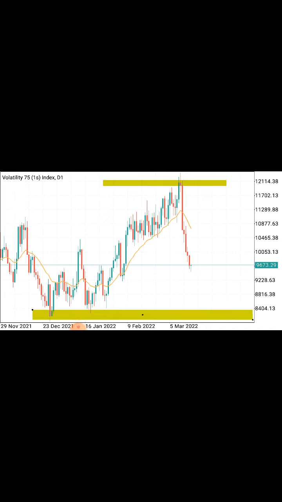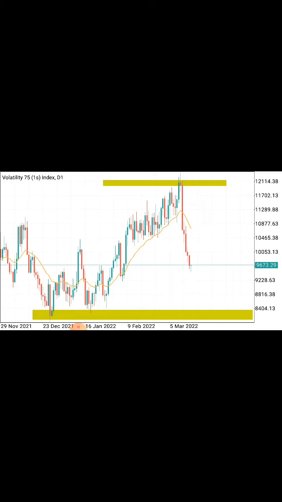So we should remember to say the market is within these two levels, these two order blocks, these two zones, the ceiling and the floor. That's where the market is. So remember,